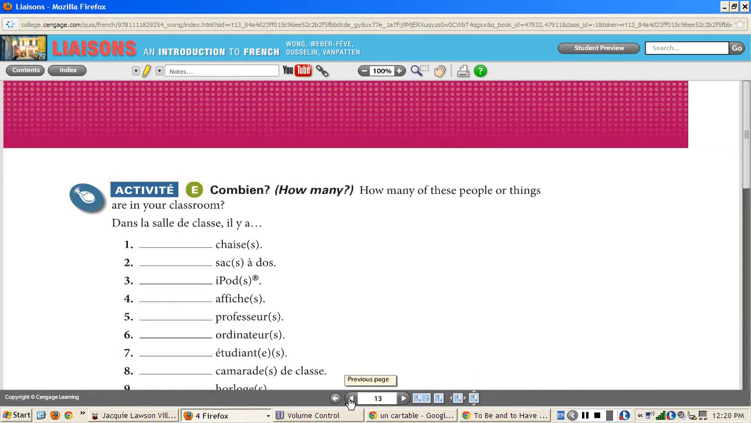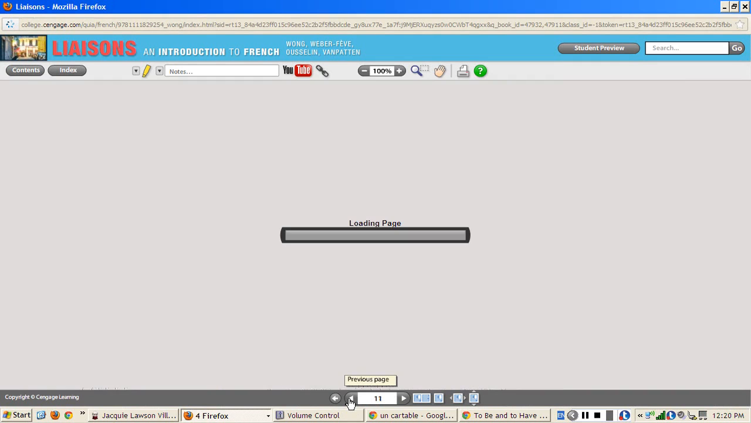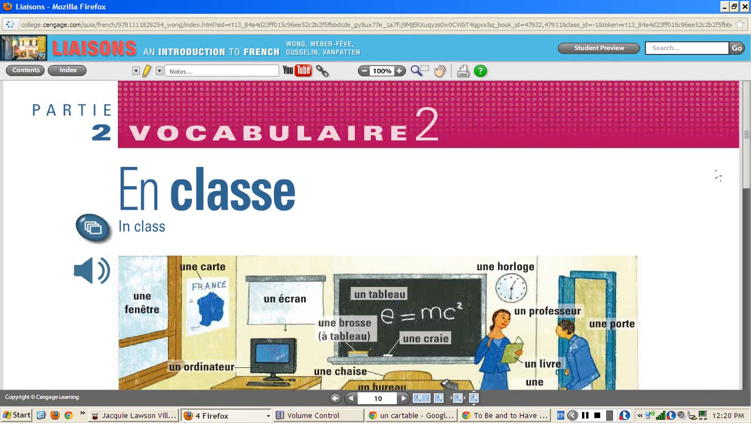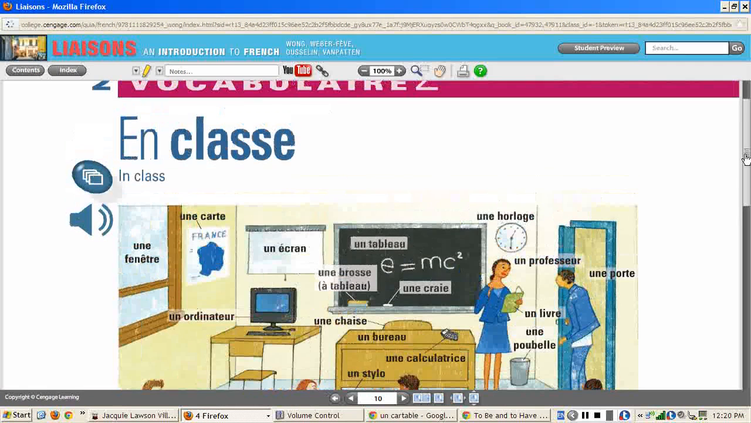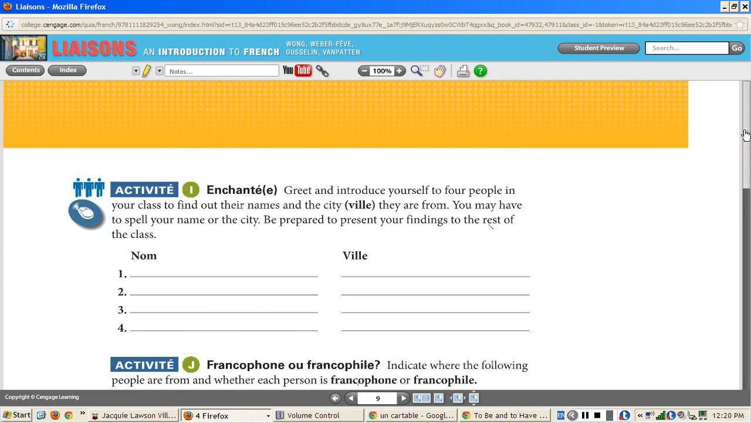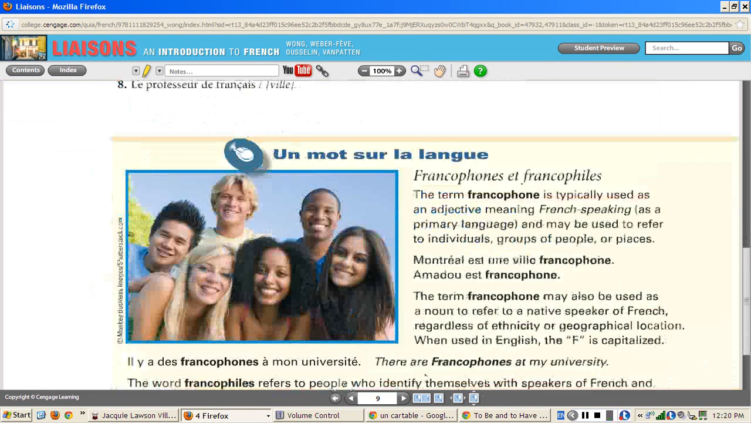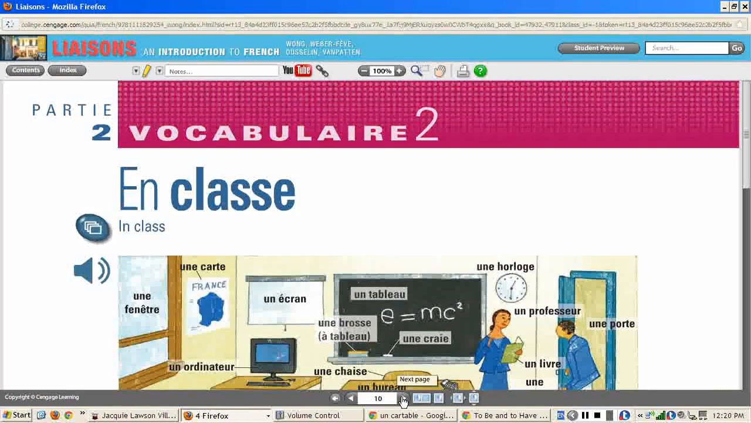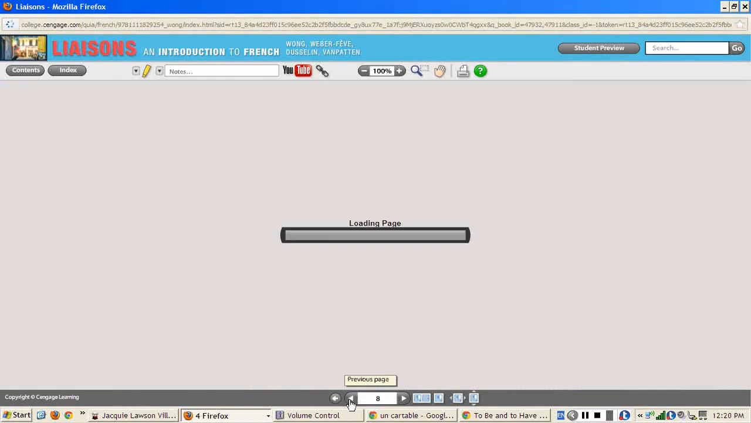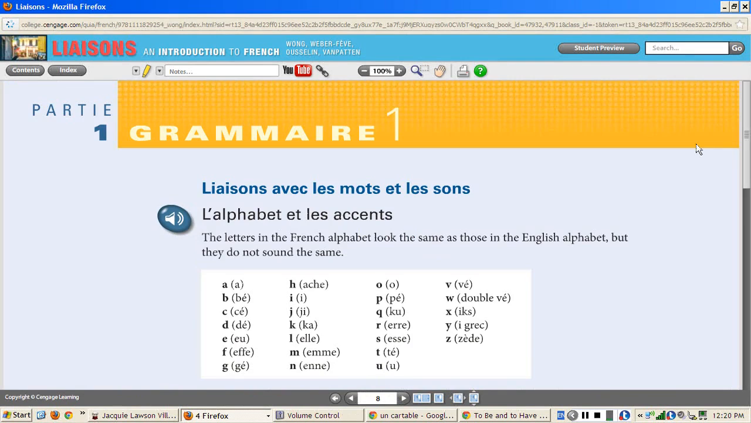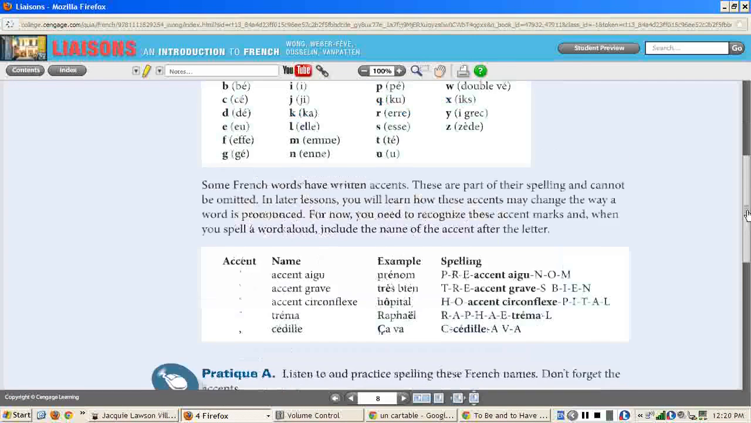Okay. This lesson begins on page 10. At the beginning of this lesson, you can actually listen yourself, and you can use this interactive flashcard game to work on memorization of new objects in a classroom. I also recommend that you go back to page 8 of part 1 of this chapter, and review the alphabet and the accents,